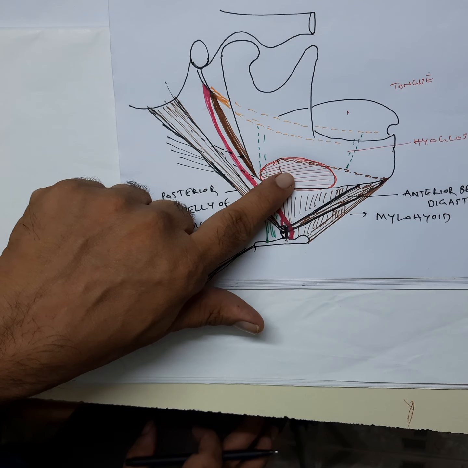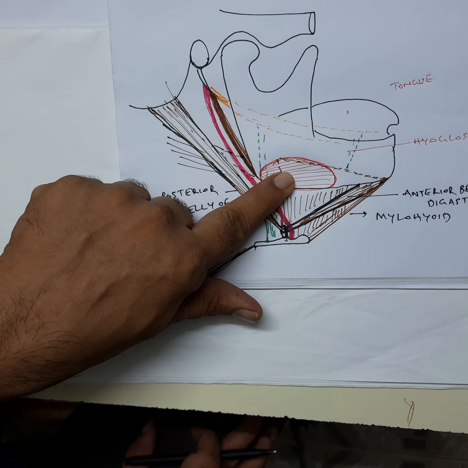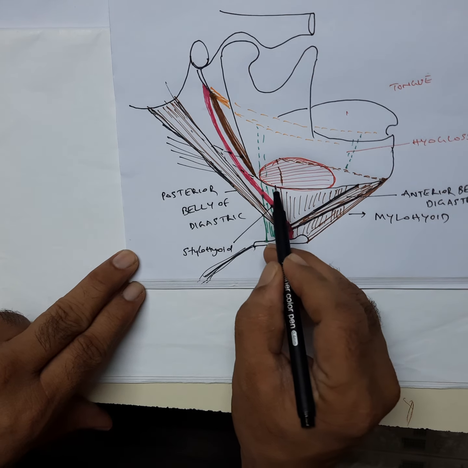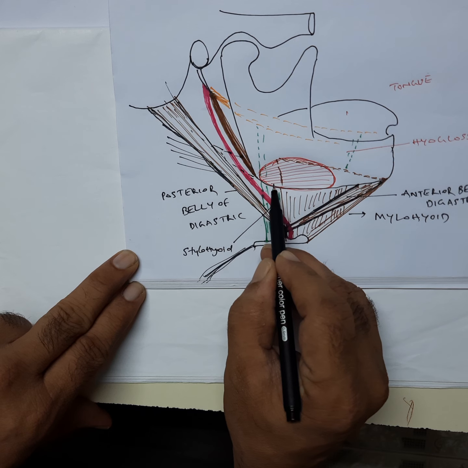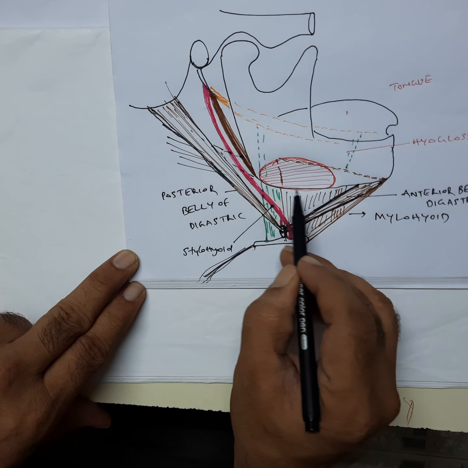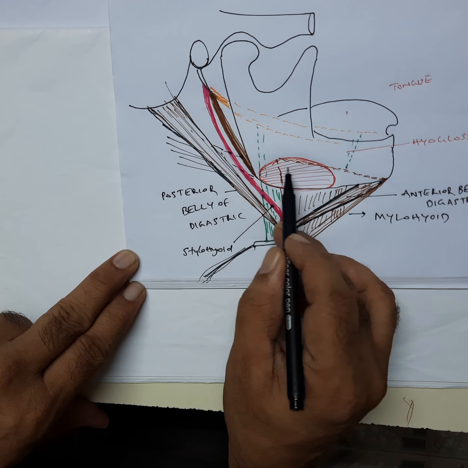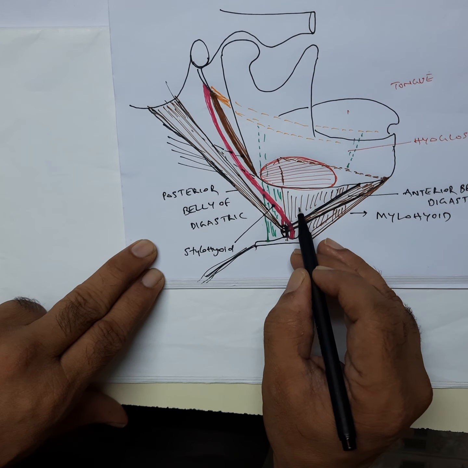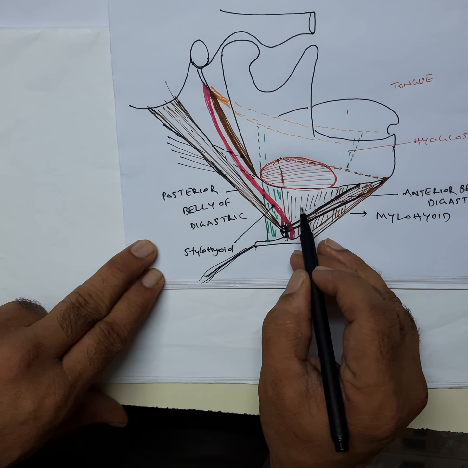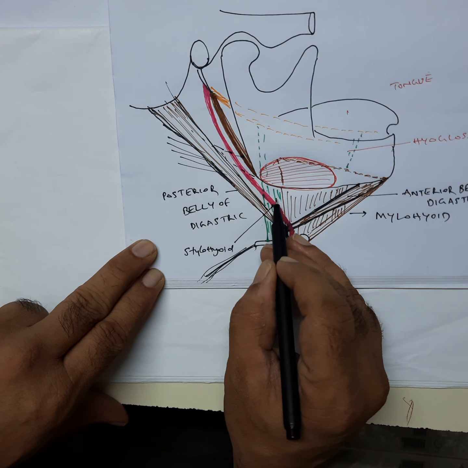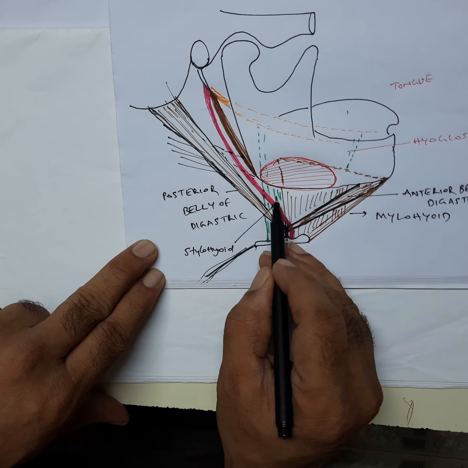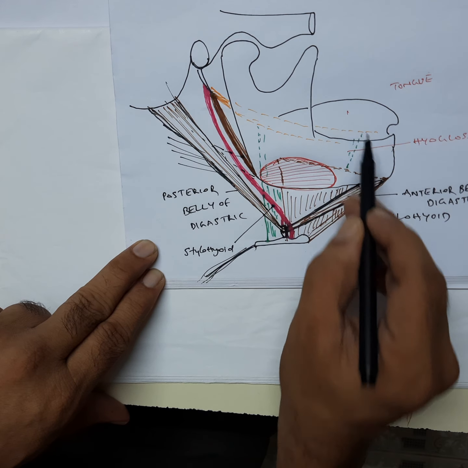On the medial side of the mandible there is a fossa called the mandibular fossa, and this area shaded with red color is the place for the submandibular gland. You can see the floor of this triangle is formed by the mylohyoid muscle and a part of this is the hyoglossus muscle. This green color is the hyoglossus muscle, which is inserting into the side of the tongue.